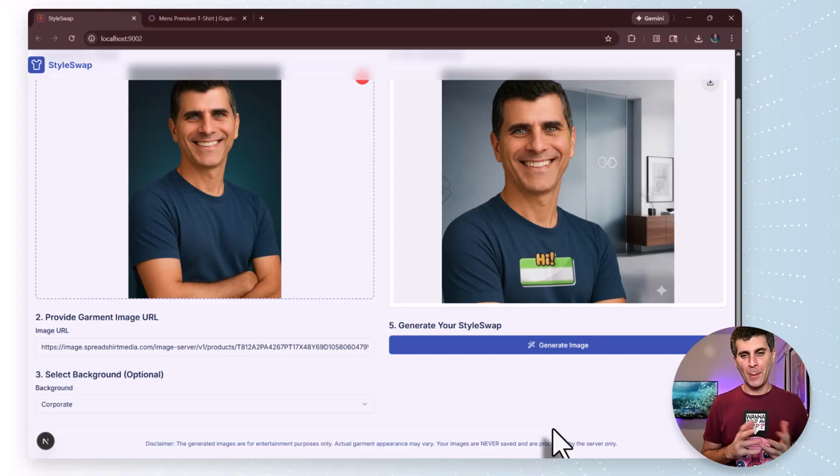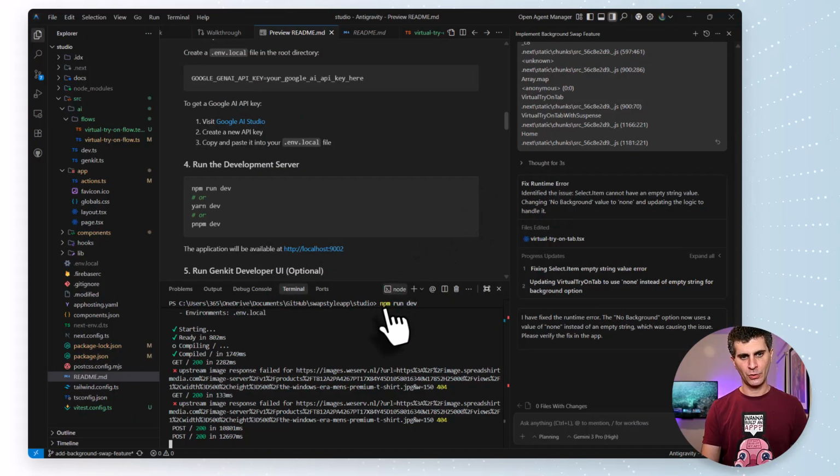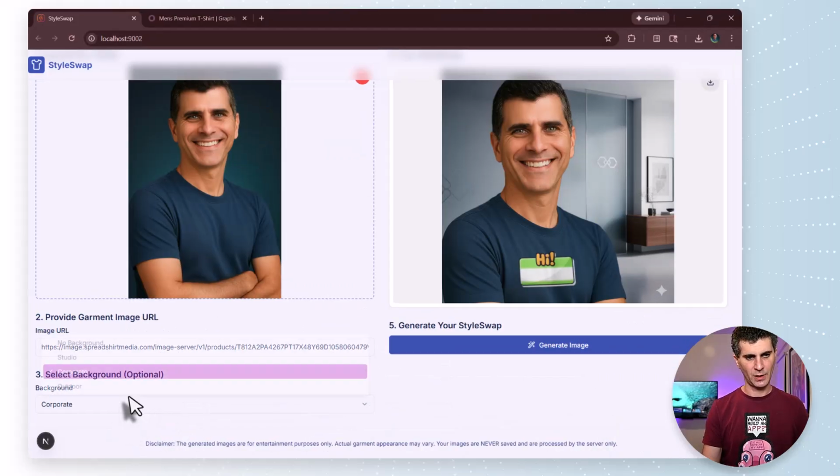So take it with a grain of salt, but it did work. It worked on the first shot, and there was one issue that arose, but it was solved almost instantly. So that's great. Now, instead of drop downs for the images there, so instead of having a drop down here